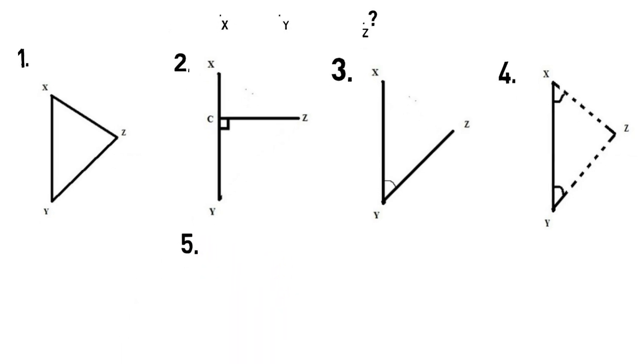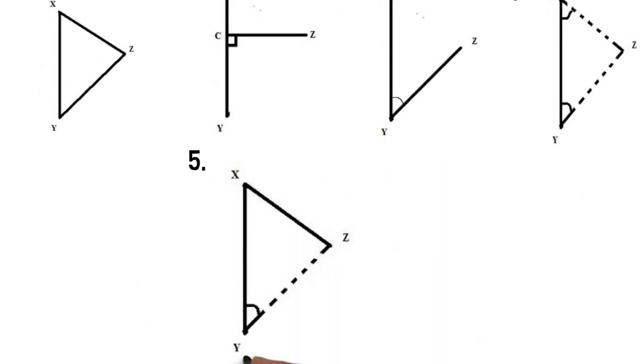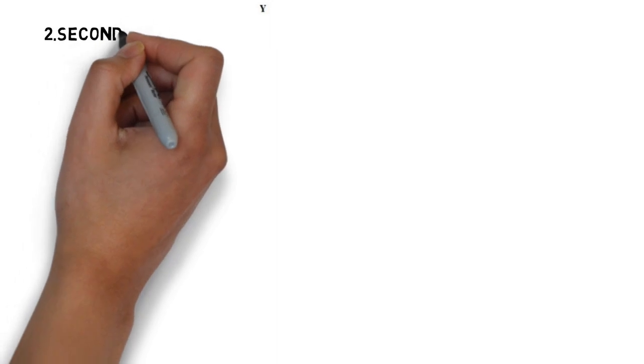In case 5, the angle ZYX and distance XZ are measured. Point Z can be located by swinging an angle arc from Y and a distance arc from X. Now here we studied the first principle, how to locate the third point with the reference of 2 points with the help of the direct method.